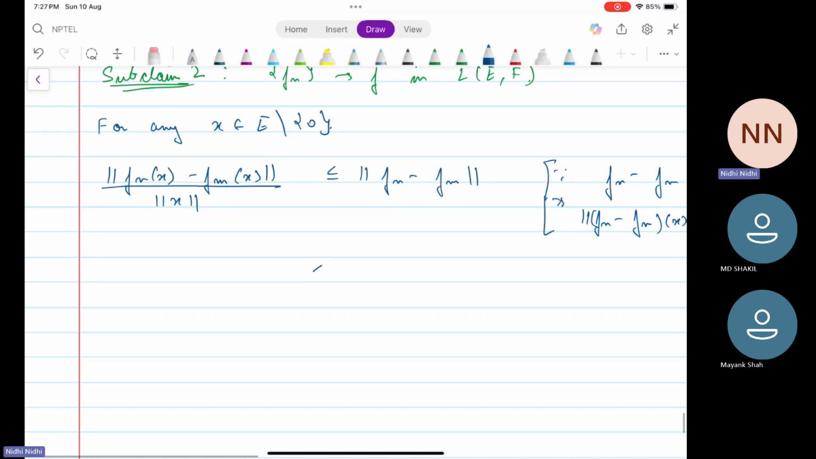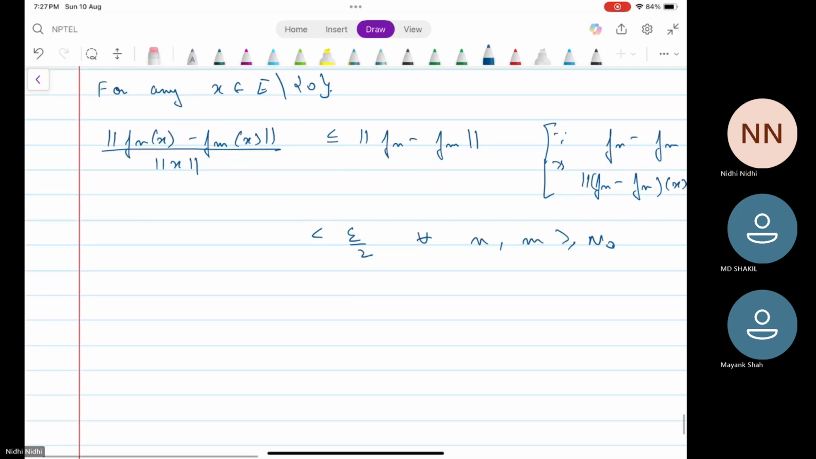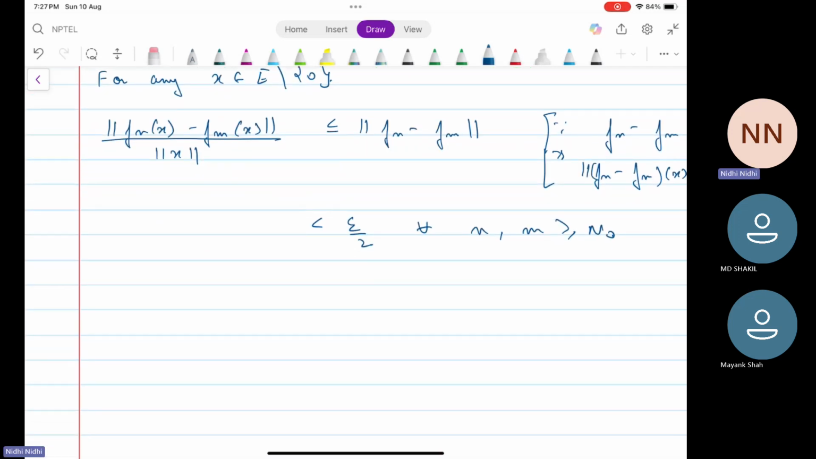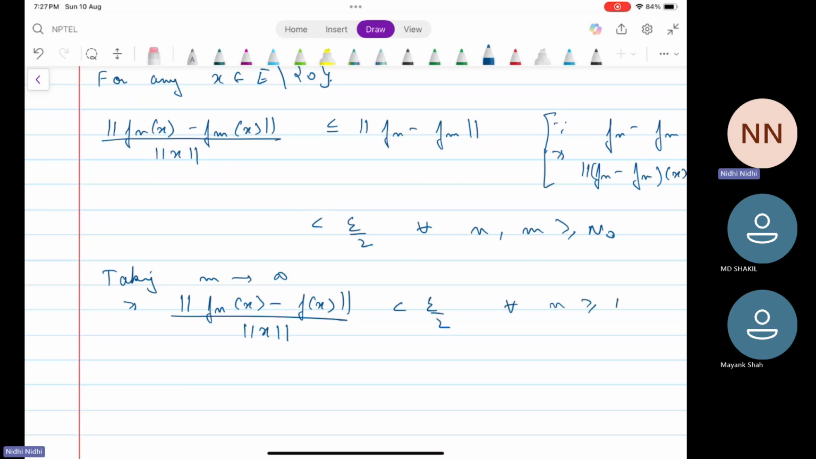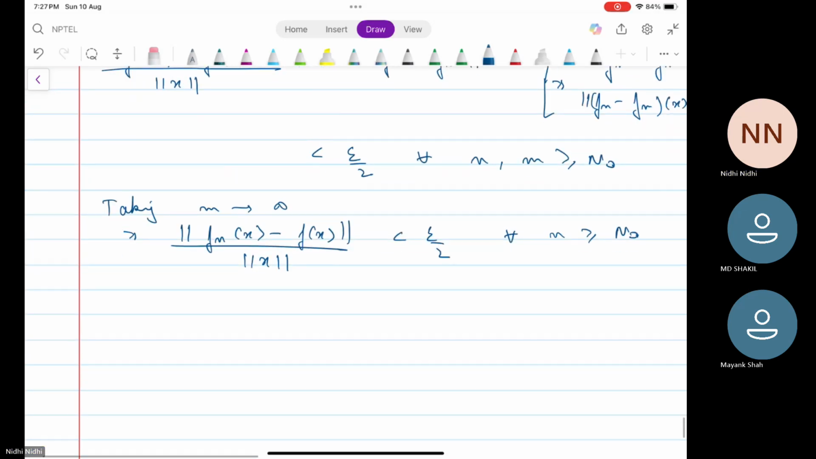Now this is strictly less than epsilon by 2 for every n and m greater than or equal to n naught. Now again, taking m tending to infinity, we get norm Fn x minus F x, by norm x, is strictly less than epsilon by 2 for every n greater than or equal to n naught. This implies